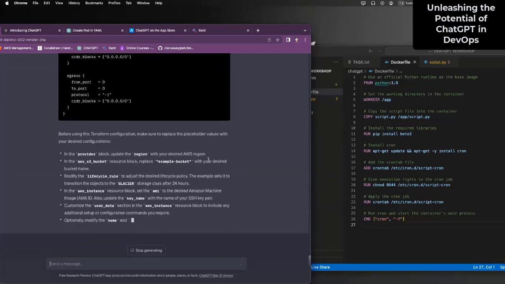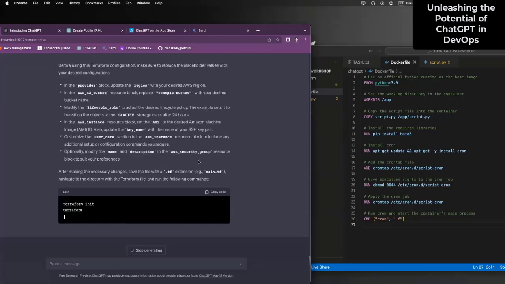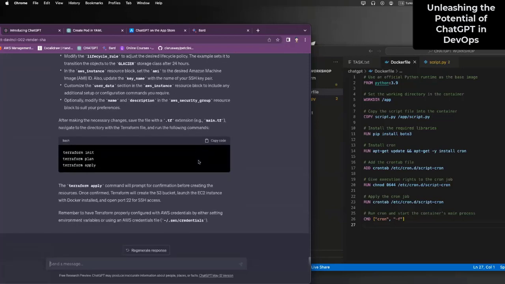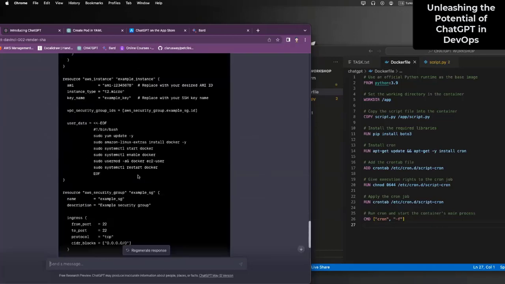You see, it firstly created a file that we want, and after that, it showed us how to follow the steps to create our resources. Okay, so here